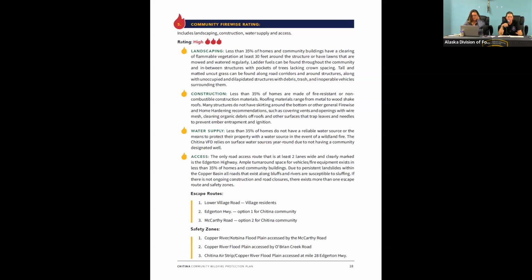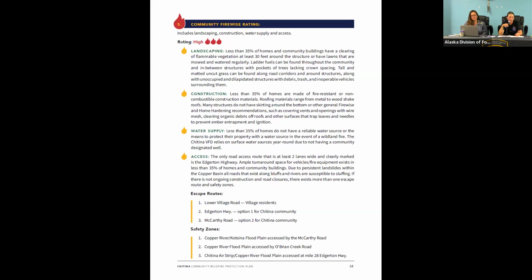When the trees have limbs that come all the way down to the ground, up into the trees, and then touch other trees, fire on the ground can climb up those trees and spread from tree to tree, which makes it a lot harder to suppress and can spread a lot quicker. So eliminating those ladder fuels, or limbing the trees up to about 6 feet or so, is a standard to keep fire on the ground from climbing the trees.